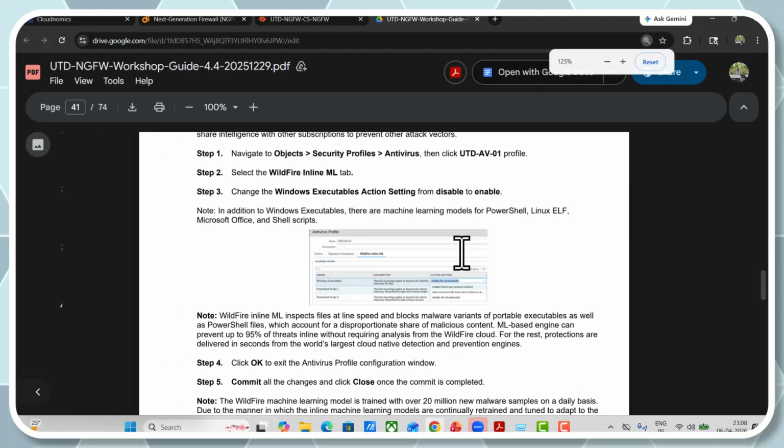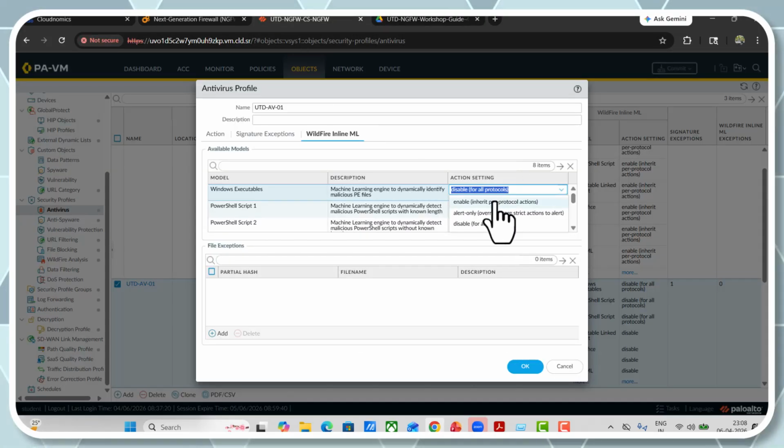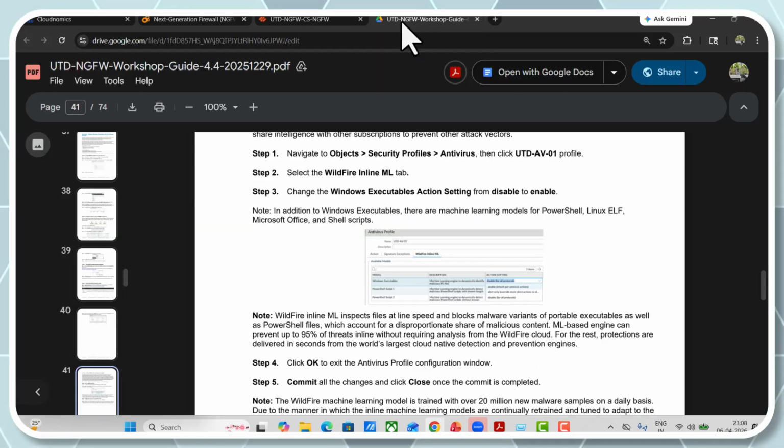Okay, from disable to enable. So in the action, it shows enable inherit per-protocol actions, alert only, disable. No, we will enable it. Enable. Okay, done. In addition to Windows executable, there are machine learning models for PowerShell, Linux ELF, and Microsoft Office